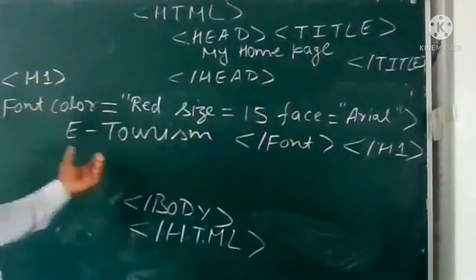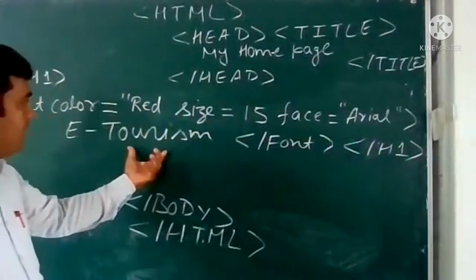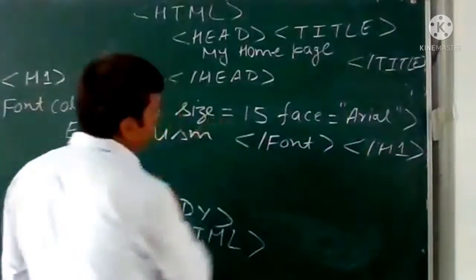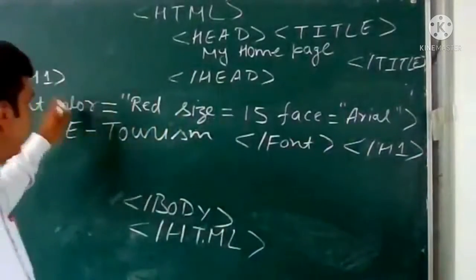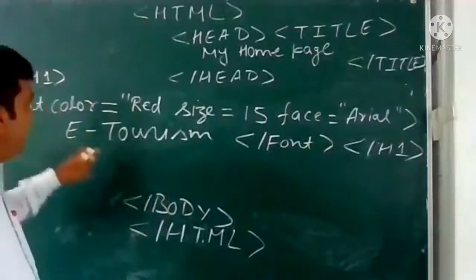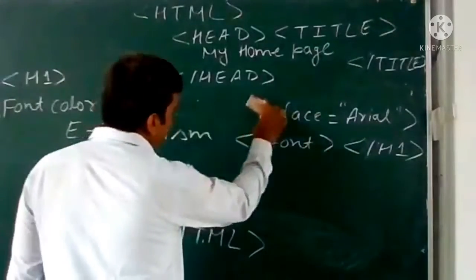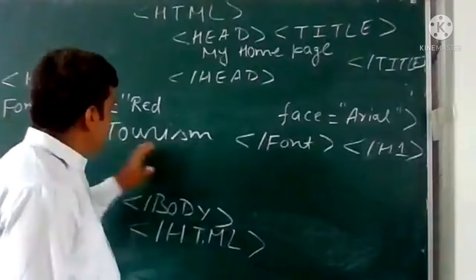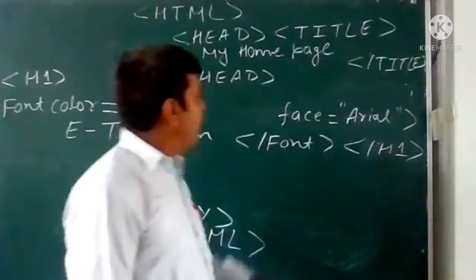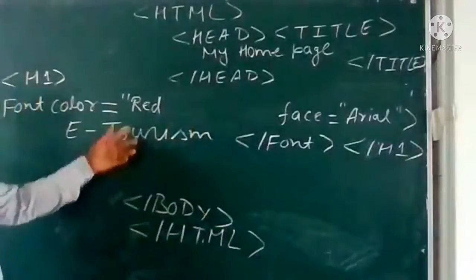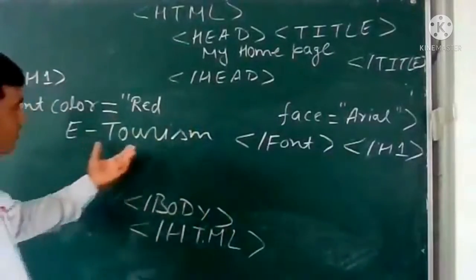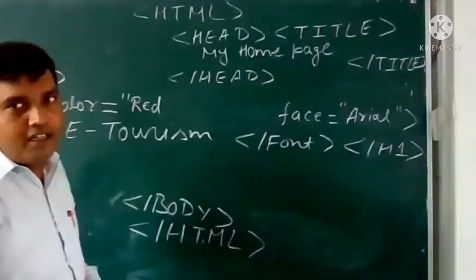This heading will make this text e-tourism in a big size. So when we are using the heading, we don't need to use the size attribute here, because heading is the biggest size of the text. So while we are using the heading, we don't have the requirement of using size equals to 50. Okay. So now if you want to place this e-tourism text horizontally center on the web page, this e-tourism text will appear in red color and in the biggest H1 heading size, and we want it horizontally at the center of the web page.